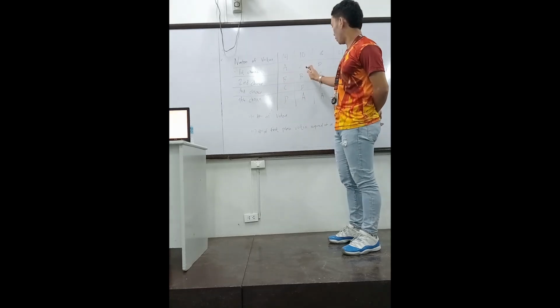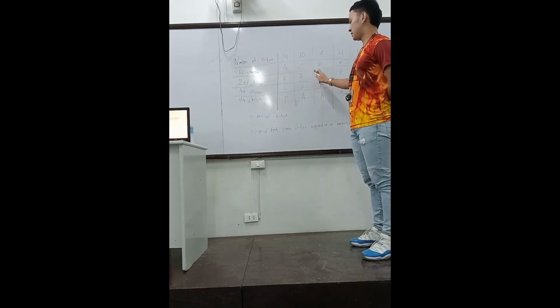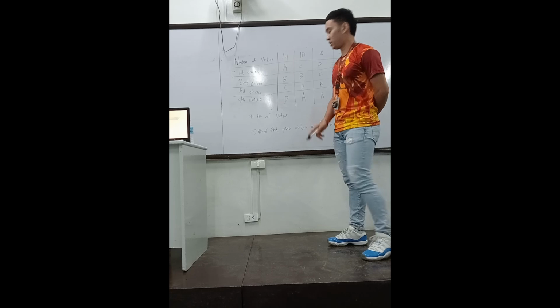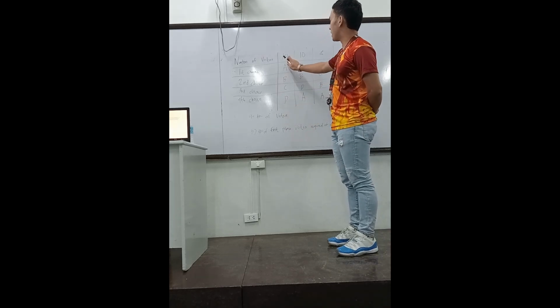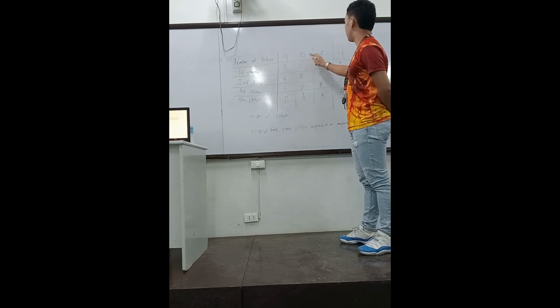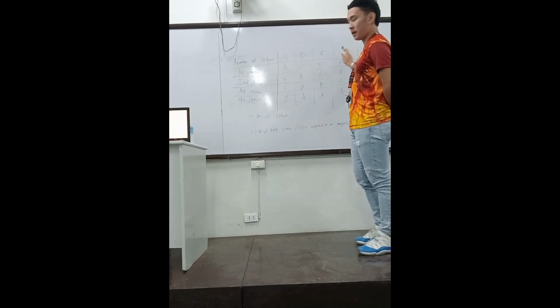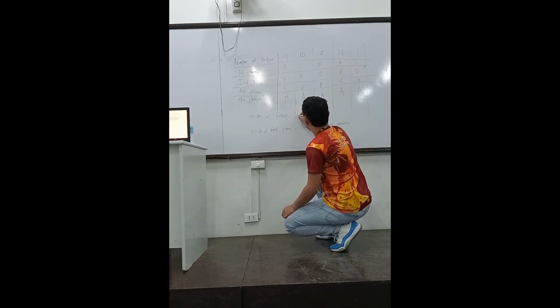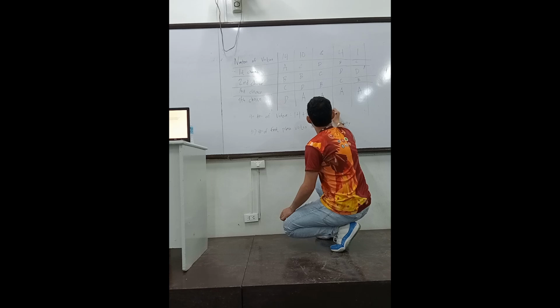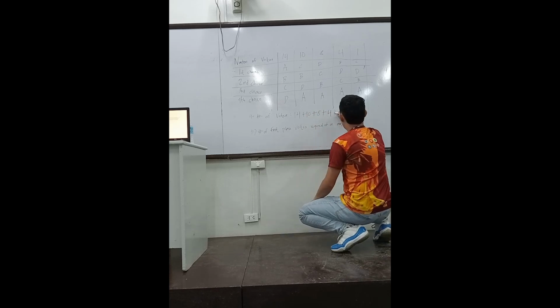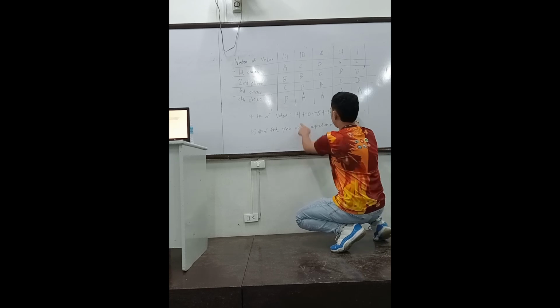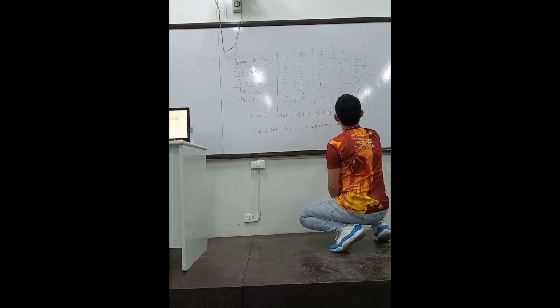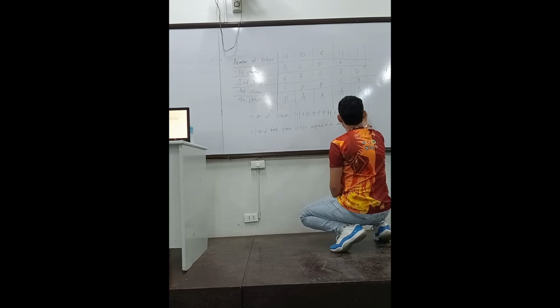So here is the table showing the voting that happened in the UMPSS election. The first thing we need to get is the number of voters. So we will add the number of voters to determine how many voters there are. So first, 14 plus 8 plus 4 plus 1, which is equal to 27.